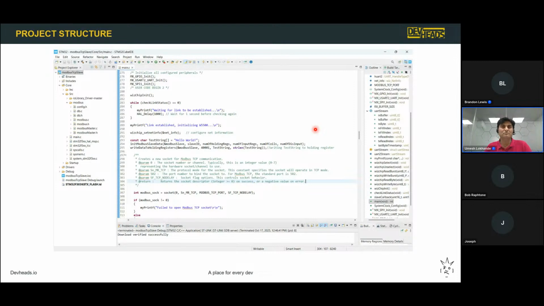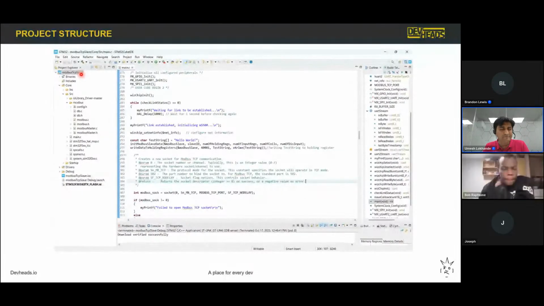Before we go onto the actual project, I want to show you something. I have created this project called Modbus TCP slave. You can call it a slave or server. It's technically more correct to call it a server, but I named the project Modbus TCP slave because I used the same Modbus stack that we used in our previous Modbus RTU